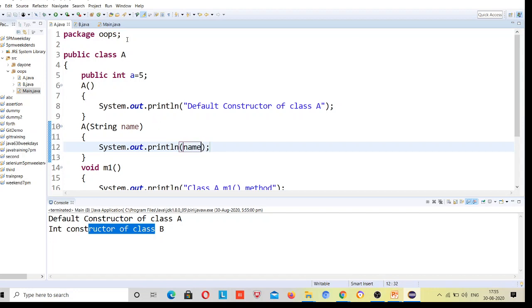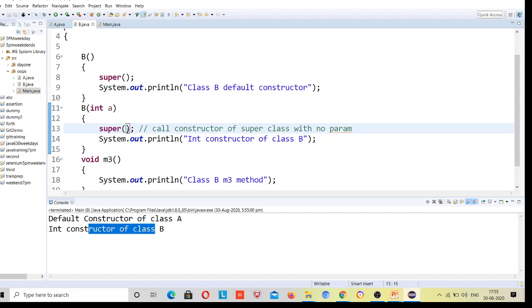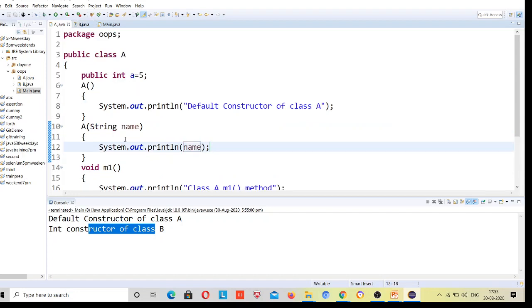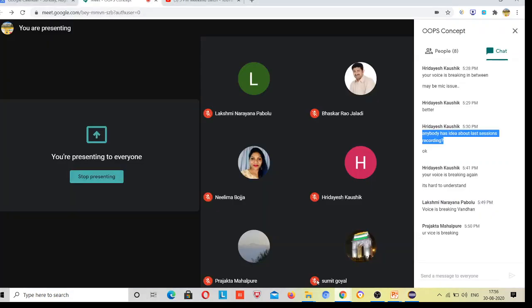Here I will call this with Vandan, and here I will write this. Now this will be full constructor chaining. If anybody is able to answer this, we can say that he has learned constructor chaining quite beautifully. So anybody wants to answer this?